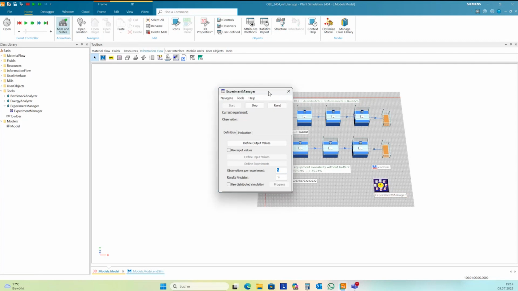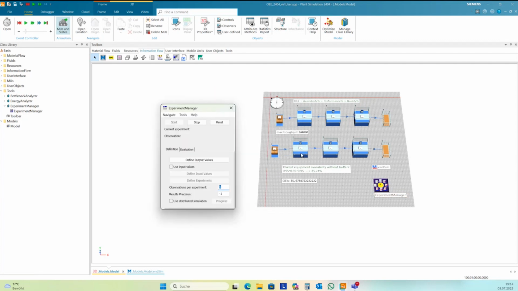And then you get the simulation runs with different random values, and by calculating the average value of this key figure, you get a better result. And I just try it out. You don't need to define any input values here.